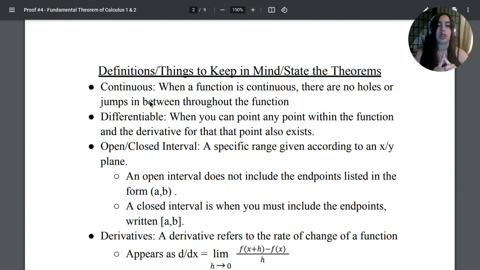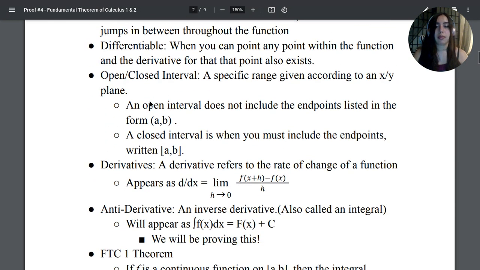And another definition that we need to keep in mind is differentiability. So you can pick a point within the function, and the derivative for that point will also exist. We also need to keep in mind open and closed intervals. Given a specific range, an open interval does not include the endpoints, and it's listed in the form (a, b) with parentheses. A closed interval, on the other hand, must include the endpoints, and it includes a hard bracket,